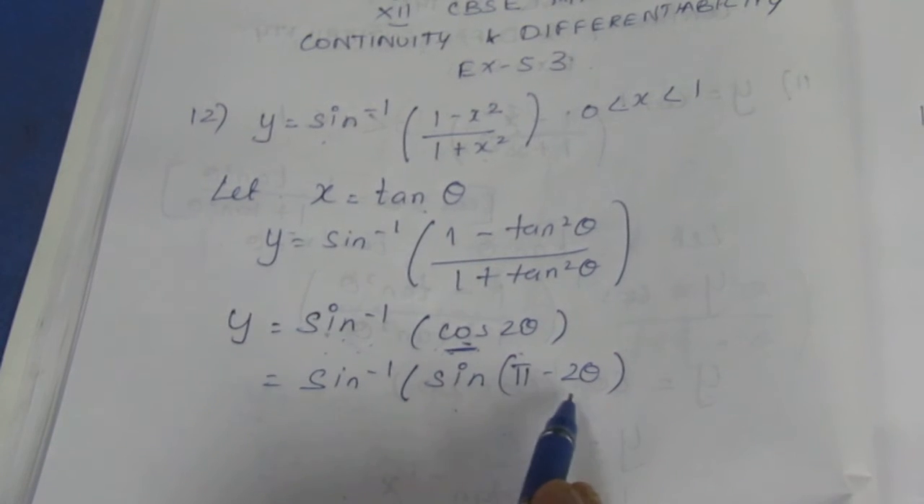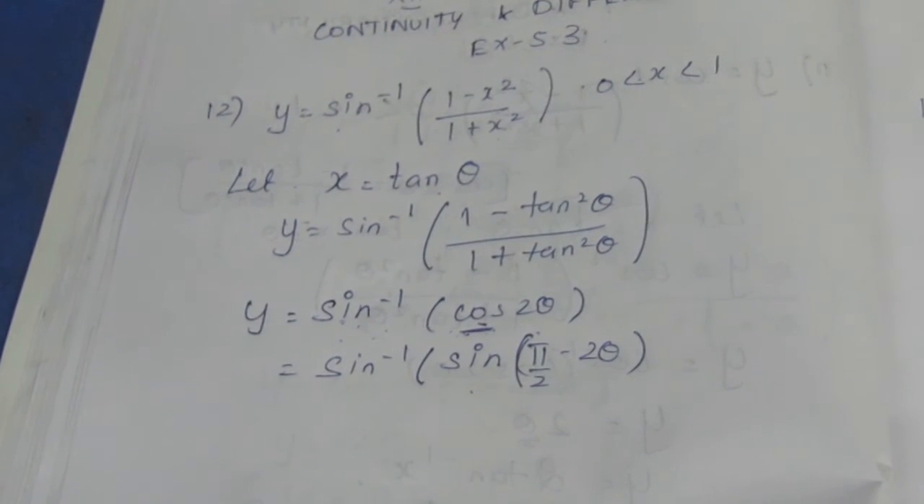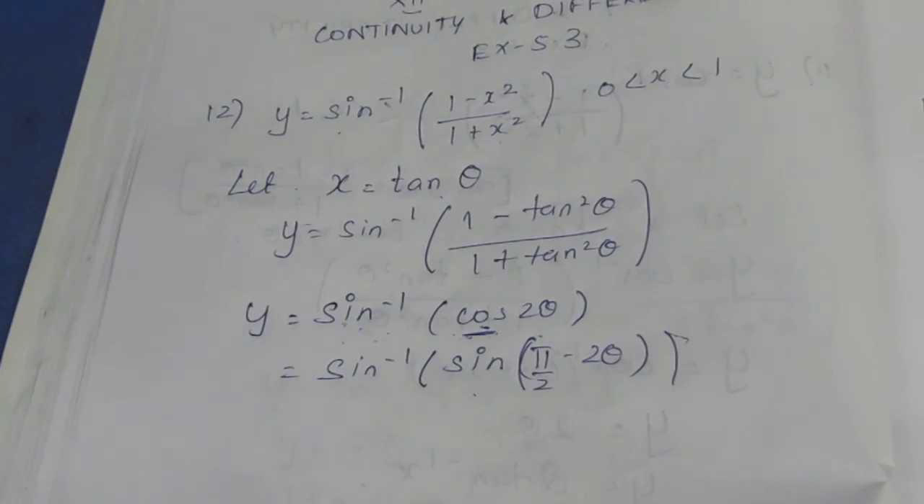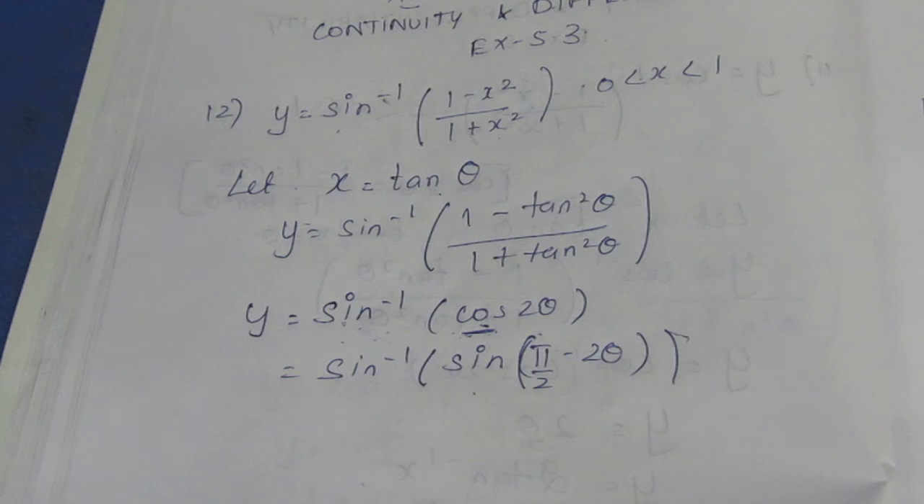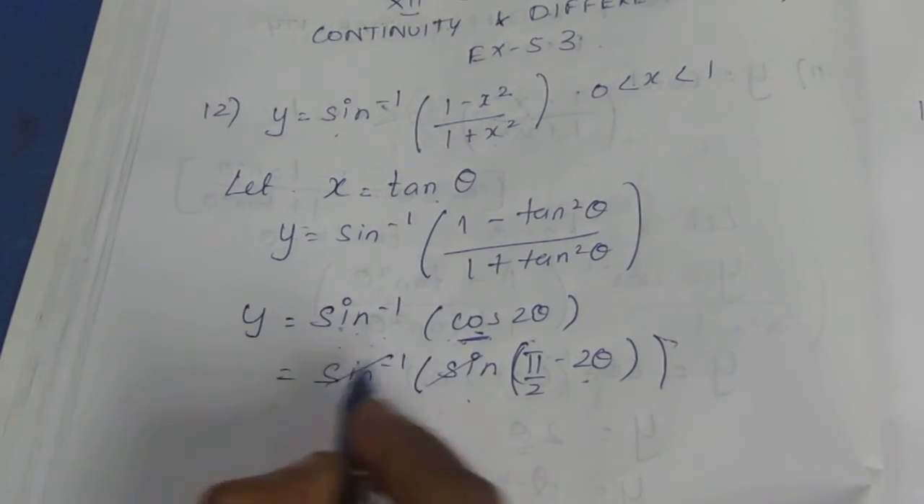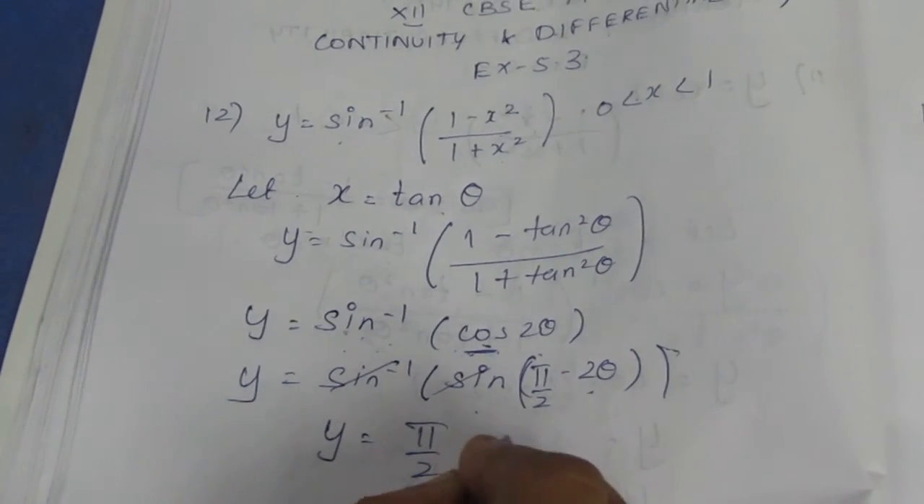That is sine 90 minus theta. Sorry, pi by 2 minus 2 theta. So sine 90 minus theta is nothing but cos theta. In the place of cos 2 theta, I am just substituting it as sine of (pi by 2 minus 2 theta). In the place of theta, we have 2 theta. Now this can be cancelled and y can be written as pi by 2 minus 2